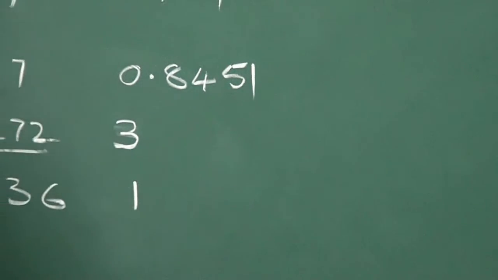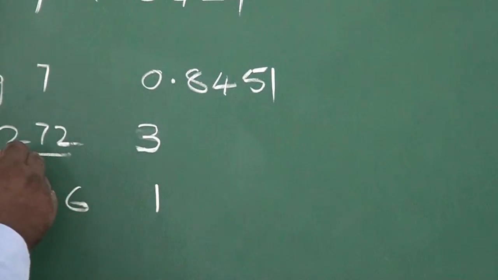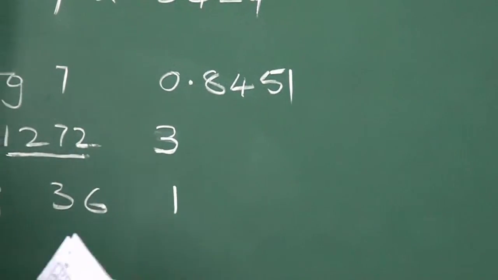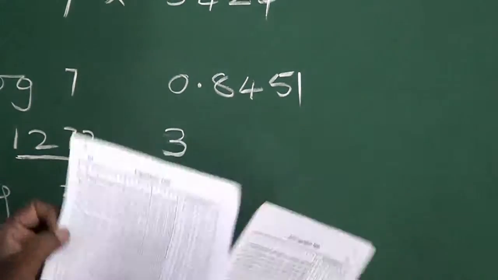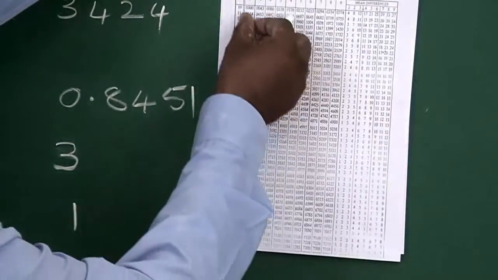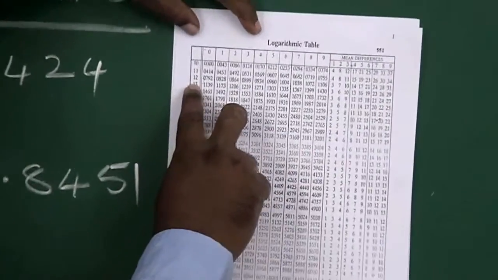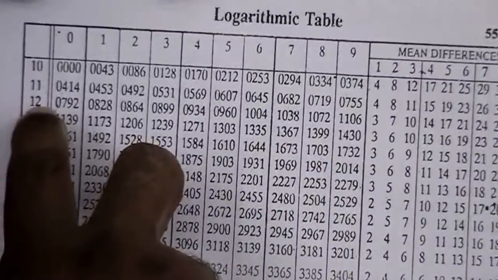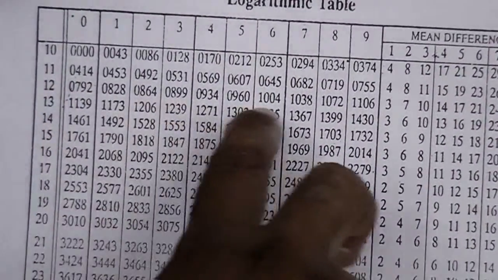8451. Now the second number is log 1272. Here, for this, the first 2 digits you should go through the vertical column. This is the vertical column. You have 1, 2, means 12. The third number is 7. So 12 against 7 is